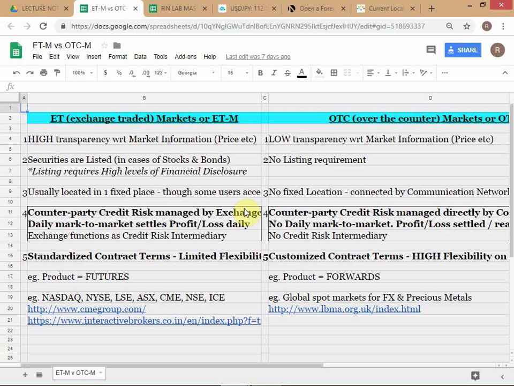Like PNB, obviously, because of the situation in PNB, of course, it's a public sector bank, so the government will bail them out, okay? But generally, in a pre-market situation, if you have a situation like what you had in PNB, what you will find is in the OTC markets, most of the other banks don't want to deal with PNB anymore because they are not sure if this bank is going to survive. So they don't want to have any transactions maturing with this bank, because they will do their side of the deal, they will pay the money, but PNB may not be able to pay them back. So that's why whenever there is any cloud over any institution, the other institutions start pulling back.